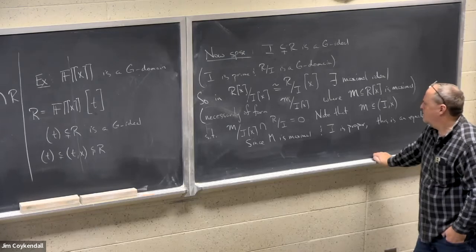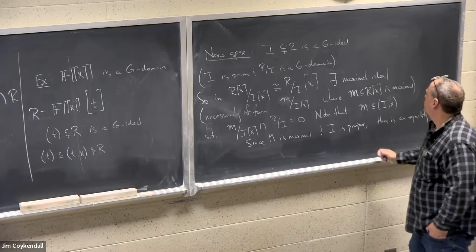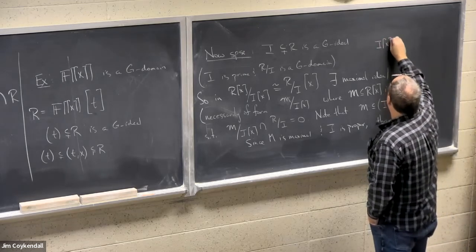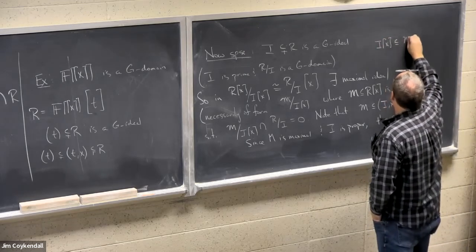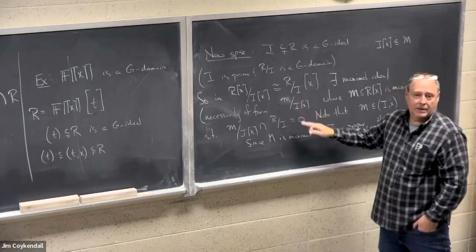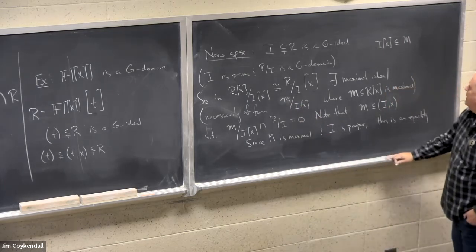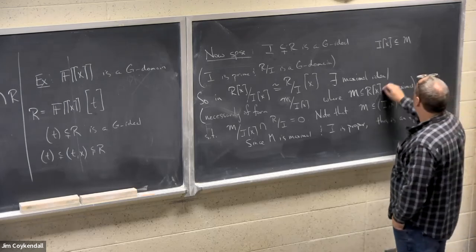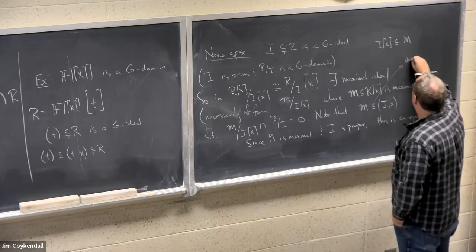Well, certainly M contains I, right, because we built it that way, right? And to get the other containment, we need to verify